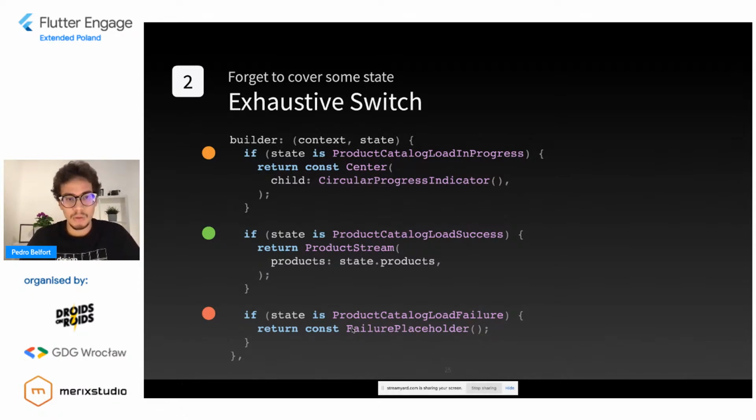Pretty intuitive. What's the problem with this so far? Just one tiny annoying thing. Here, the compiler is going to complain and give you a warning saying that you have to return something. It doesn't recognize that, in this case, you have covered every state. This can be pretty annoying, but you can solve it very easily with, for instance, a SizedBox, and that's it. Because you know that the fallback state is never going to happen, because you have covered every state before it, right?